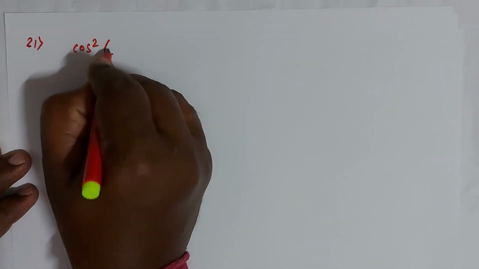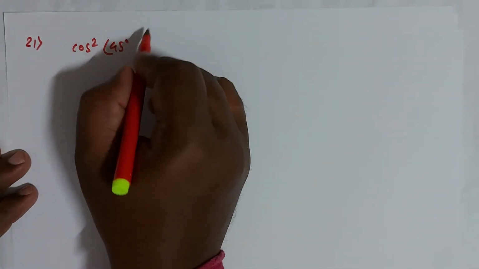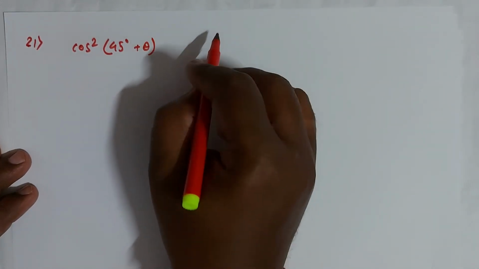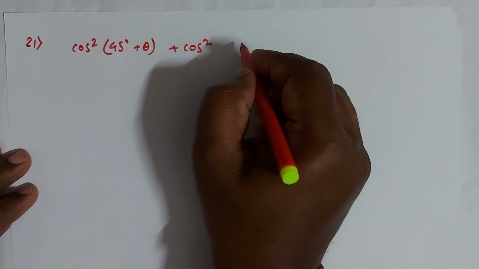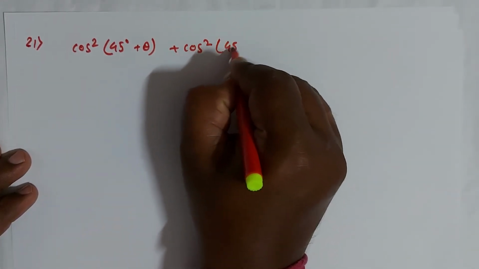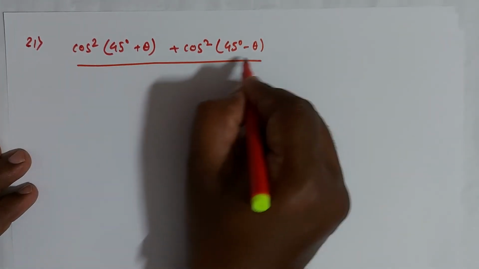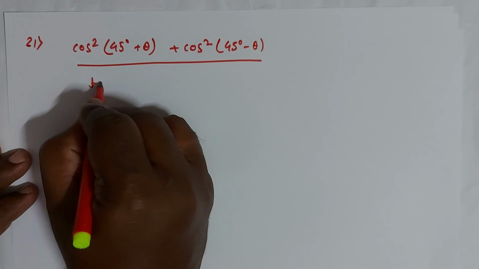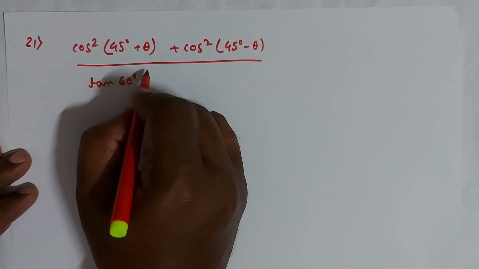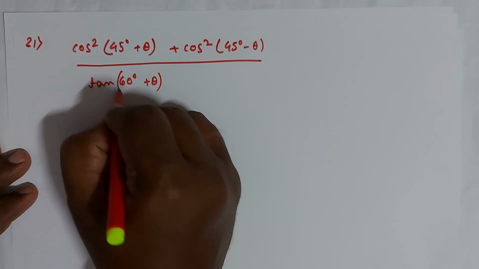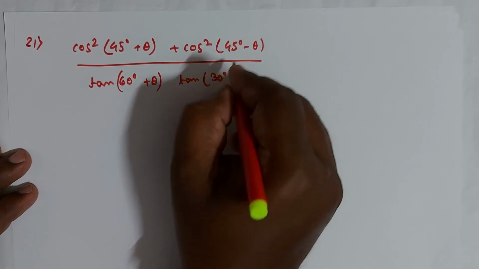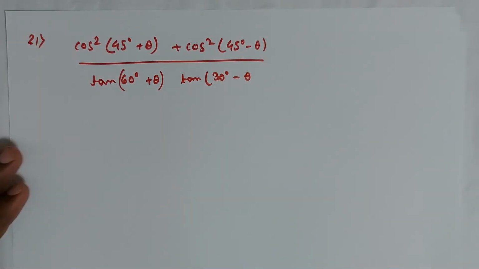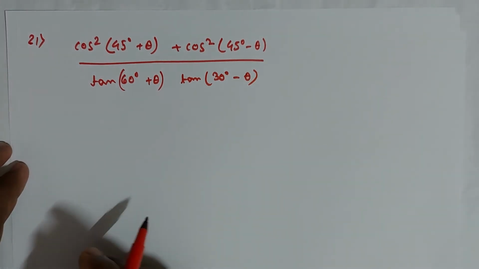Okay, cos square of 45 degree plus theta plus cos square of 45 degree minus theta by tan of 60 degree plus theta into tan of 30 degree minus theta. Okay, so here